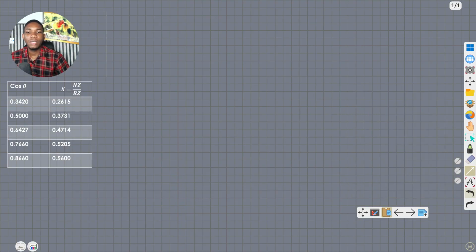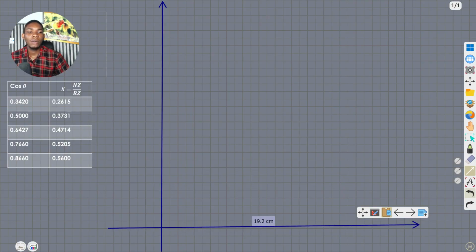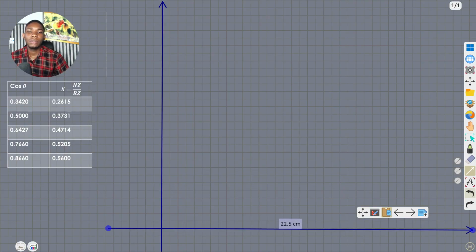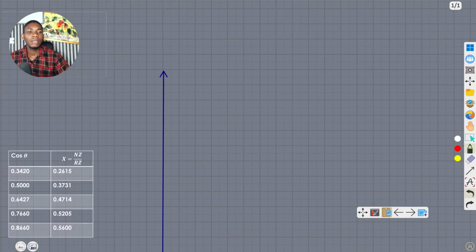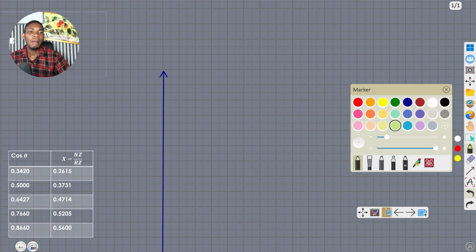Let me see if this pen will work. Okay, let's use blue to draw our line first, and then draw this line that comes this way. Good. Now that you've drawn this line, let's take our scale. What do you think our scale will be for this particular practical? You can decide to say,